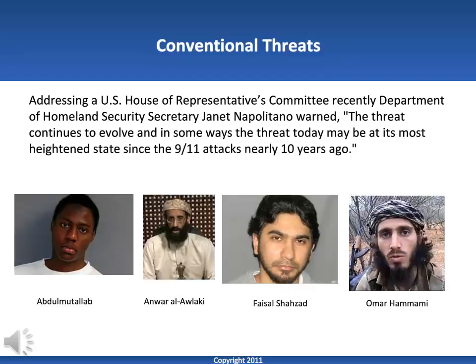The fourth picture there is of the deceased Omar Hamami. Omar came from Shelby, Alabama, and actually went to fight with Al-Shabaab, the Al-Qaeda-aligned terrorist group in Somalia. He rose up through the ranks to become a commander within that organization, has been virulently anti-U.S., but ironically was killed by his own folks. But it speaks again to this attraction to Islamist extremism that seems to be felt among a certain population of the